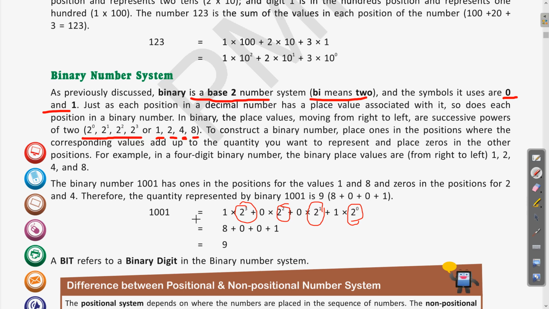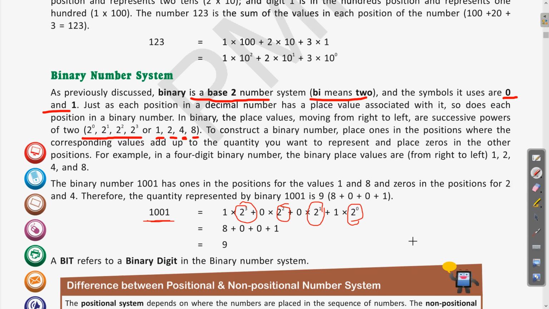So what we are doing, actually, as this number is in the binary system, we are going to calculate its number in the decimal, you can say. Clear? So here you can see all of the digits are multiplied with the increasing power of 2. In the decimal, we were multiplying with 10 with the increasing power. Here we are multiplying with 2. The base of the binary number system is 2, so that's why we are multiplying with 2, with the increasing power of 2: 2 raised to the power 0, 2 raised to the power 1, 2 raised to the power 2, 2 raised to the power 3. Now let us calculate this.